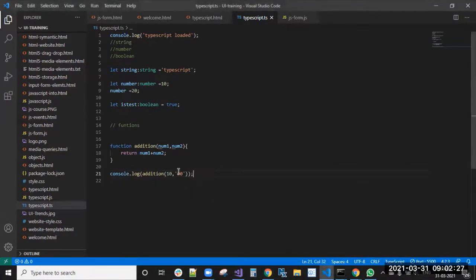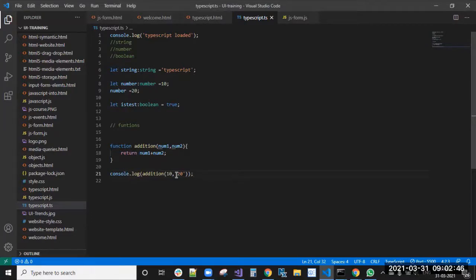Addition generally expects numbers only, right? We can do addition only with numbers. So in any case, if from the programming you get a string instead of a number, wrong results will come, right?